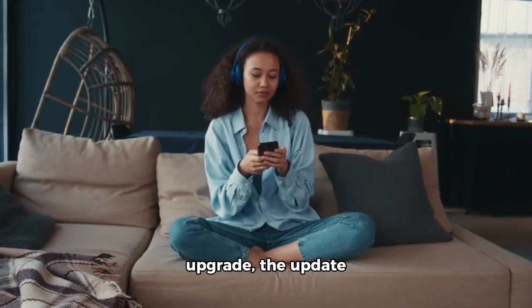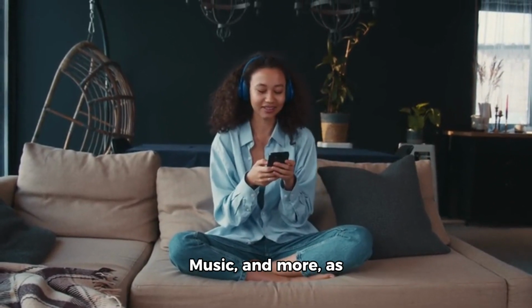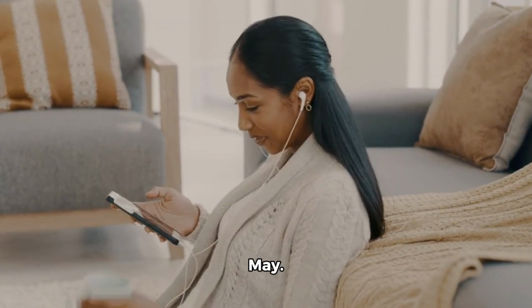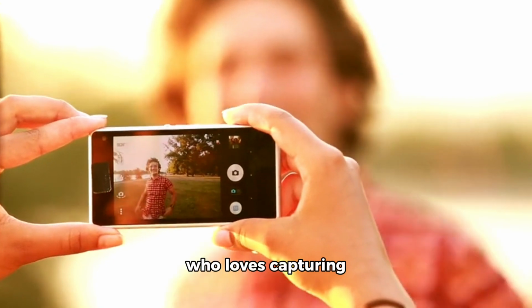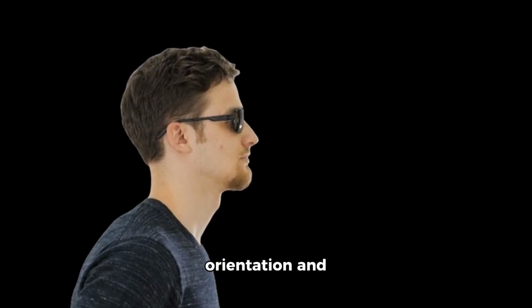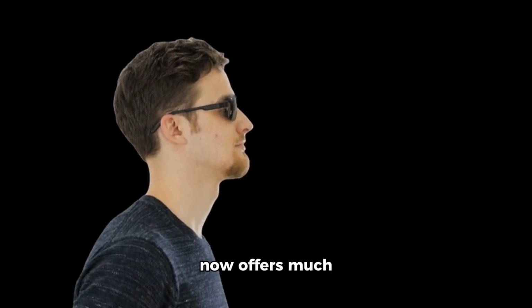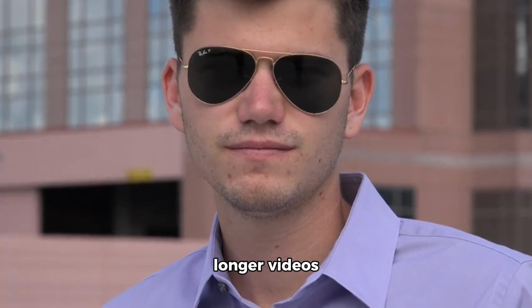Alongside this major upgrade, the update also brings support for Calm, Amazon Music, and more, as announced earlier in May. This improvement is a big deal for anyone who loves capturing moments on the go. Previously limited to vertical orientation and 60-second clips, the Ray-Ban Meta now offers much more flexibility for recording longer videos